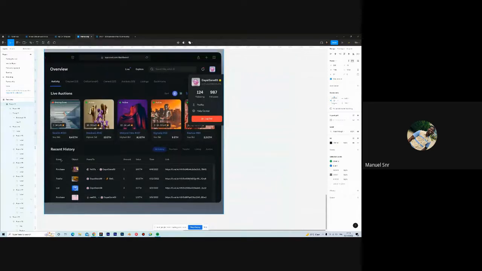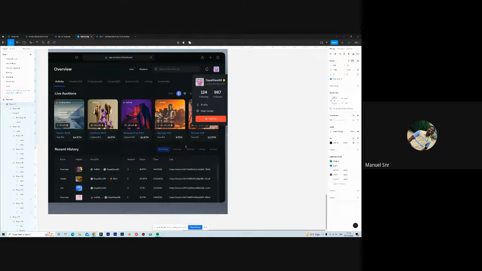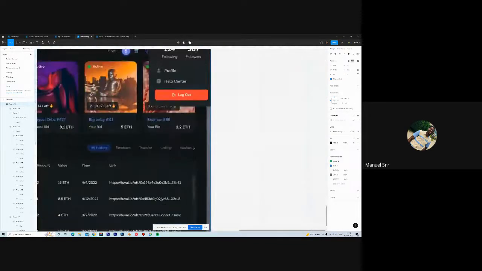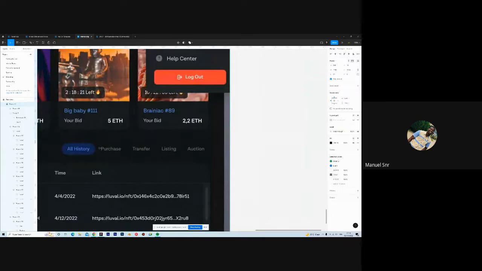Now down here, we have a table with headers and table contents, and then there is a slider here to tell you that there are more, so you can slide. There are options here to navigate all history, purchase, transfer, listing, auction. So over here, he could easily, or she could easily, just use a drop down to say all history and then put a drop down, right? But